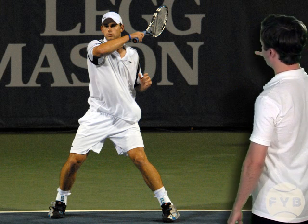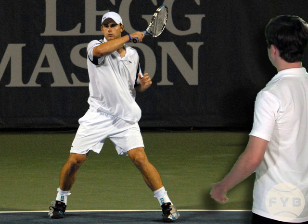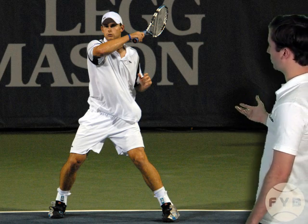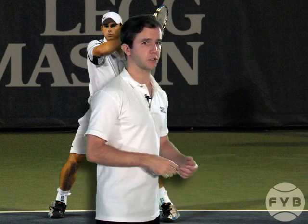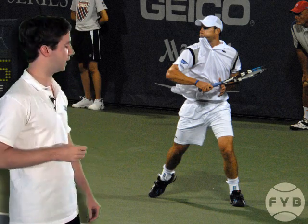The racket is now up around his shoulder, and again, if he was wearing a watch, he could see what time it is. Now, this particular type of follow-through around the shoulder is one of the ways Andy can follow through, but sometimes he can also follow through like this or somewhere in between. I'm not going to get into the details of why he might follow through what way in this video, but